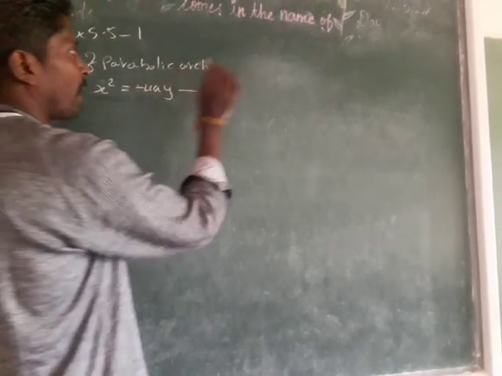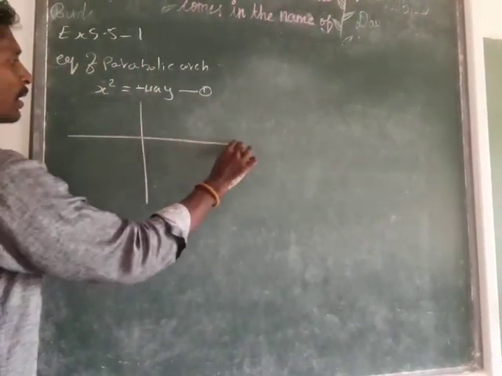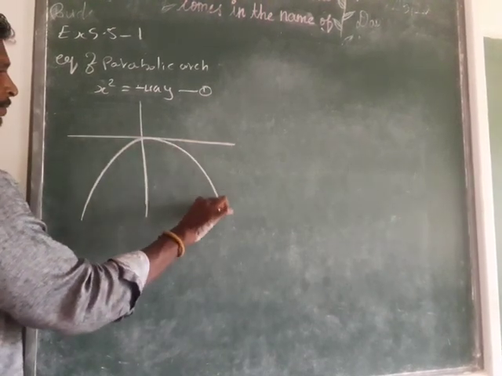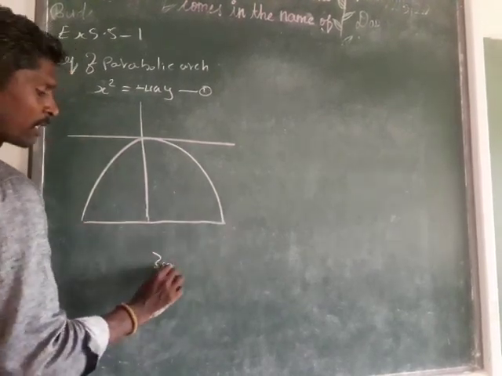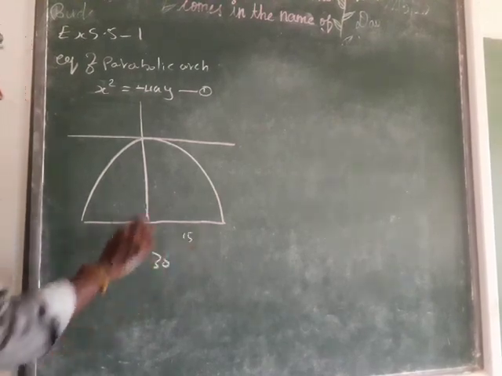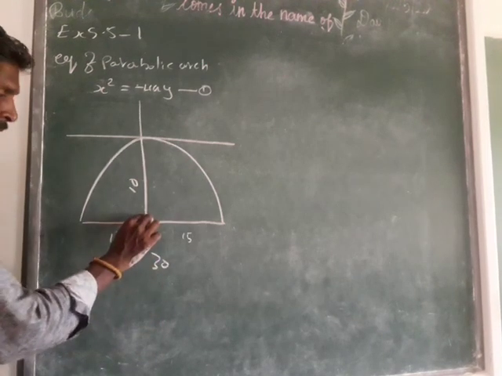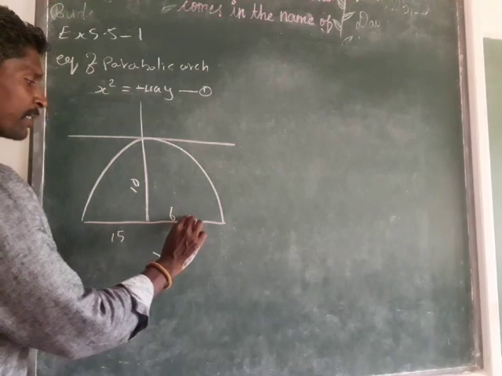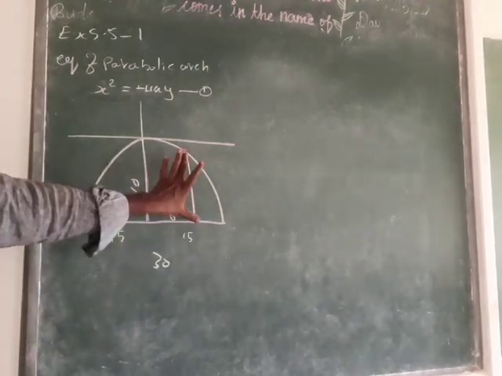So I consider the parabola as open downward. Maybe I take the diagram here and take the bridge as open downward. Now they gave the bottom as 30 meters in total, so symmetric about the y-axis, take 15 and 15. The middle height they gave is 10 meters. So what they ask is, from the middle, come to either the left or right side 6 meters away, and from that find what is the height of the bridge.